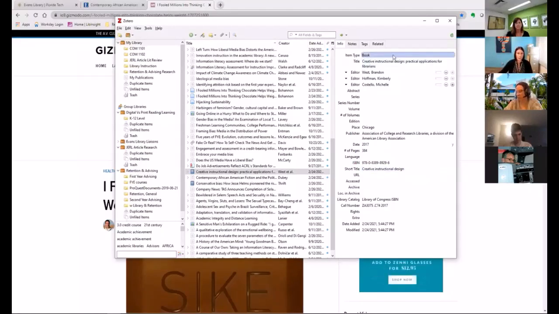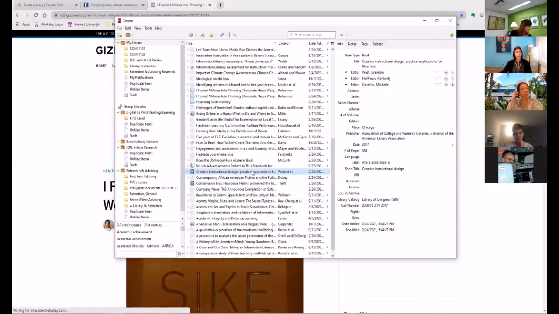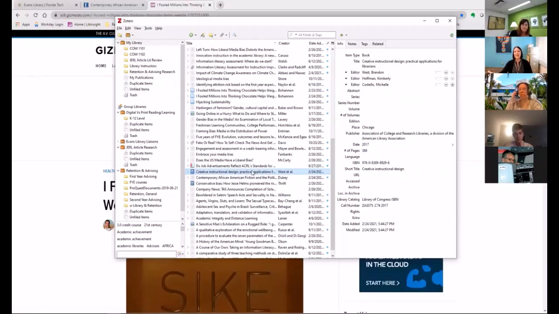In this case, it is a book. I know it is. I have the names of the editors and the title. If it were a series or it had a volume number, you could add that additional information. In this case, this book doesn't have that, but some textbooks do. So you'd want to add all that information in here. And now again, you can create your citations using this metadata, as well as just save this as a reference